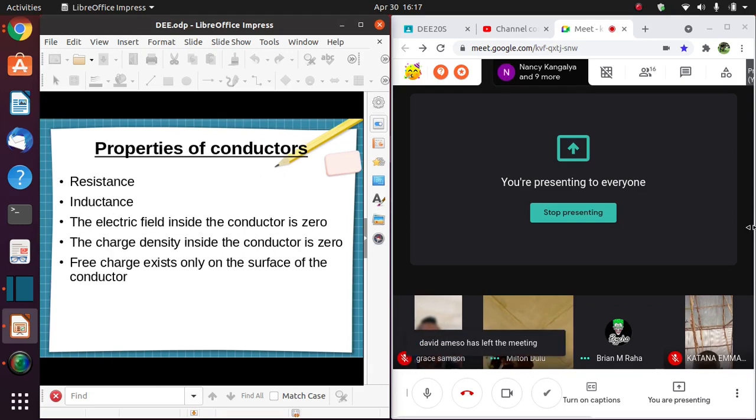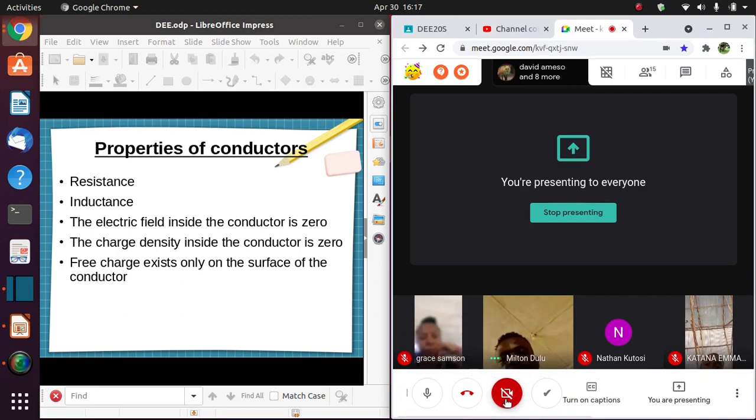Okay? Now, let us look at some of the properties of conductors. And I've just mentioned resistance. There are some conductors that have high conductivity because they have a low resistance, and that is the most common that we see and use around. The ones that we use to transmit power and current have high conductivity. But we also have those that have